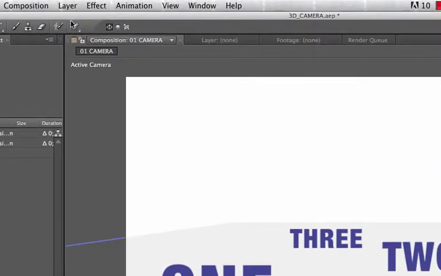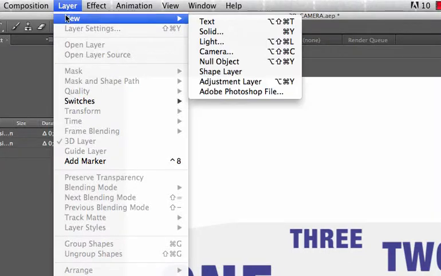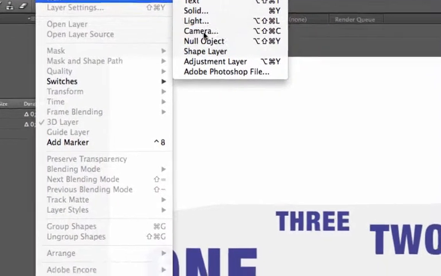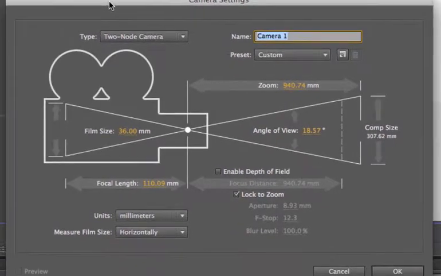So cameras. Camera is a layer that's found in the layer menu. Boom. Camera settings pops up into view. Camera settings has a lot of stuff, and we're not going to go over it all. That gets a little more advanced. We can do a lot with just some basic information here. So this first camera,